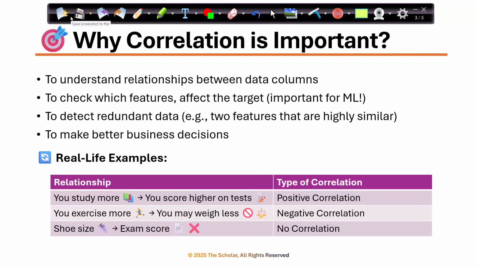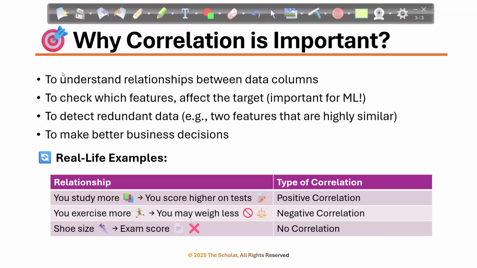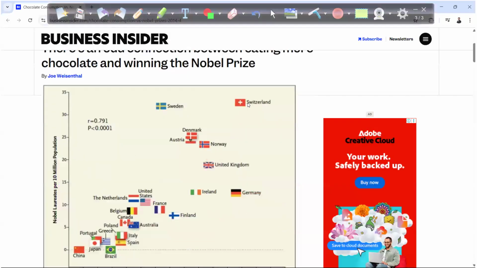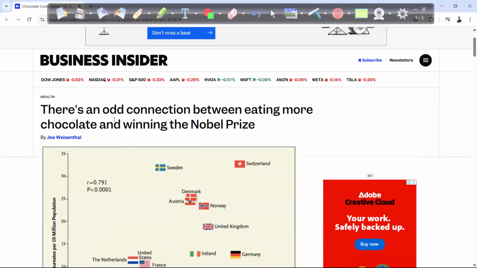One thing you have to understand as well is that correlation means there is a relationship between two features. But is that the cause? That is not compulsory. What does that mean? Let's try to understand. There is a very nice example which we have. People have found a correlation between two interesting features. What they found is, when you are eating